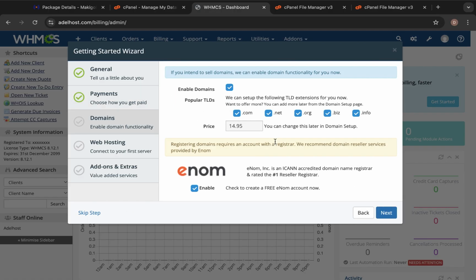Okay, now this is your domain setup. This is the pricing of the different domain TLDs right here. By default, this is what will be available in your web hosting account. But as we continue to set up, we'll give them different pricing, and we'll even add more domain TLDs